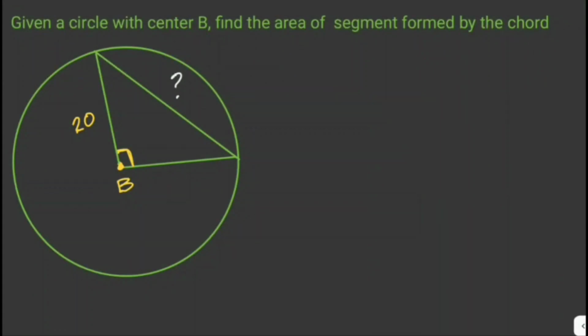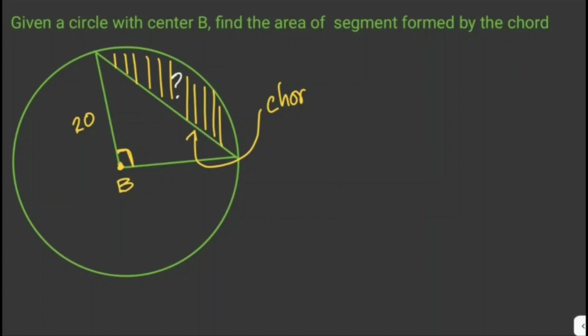In a circle with center B, find the area of the segment formed by the chord. So the segment that is formed by the chord is this portion here. And this is our chord. Now to find the area of the segment,